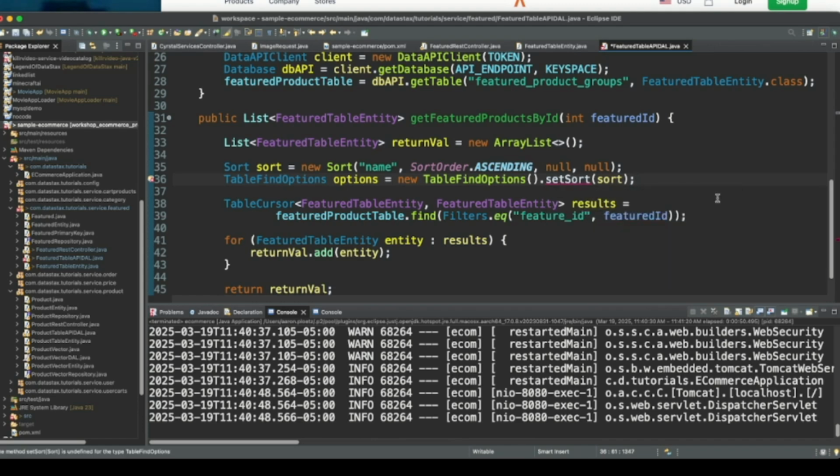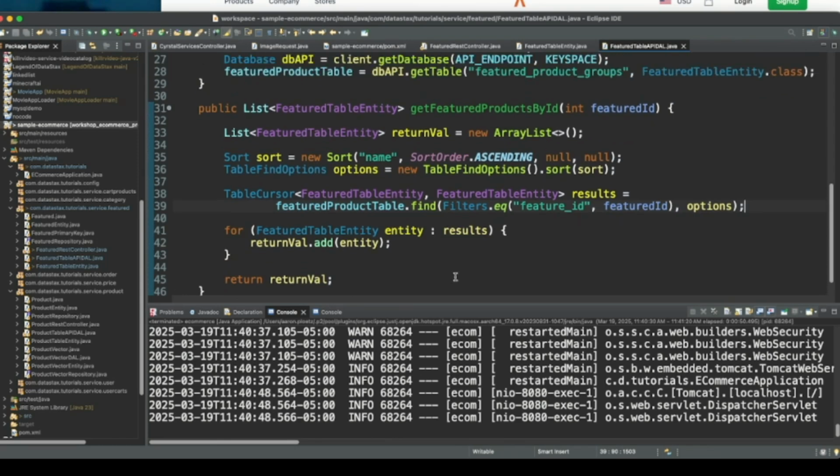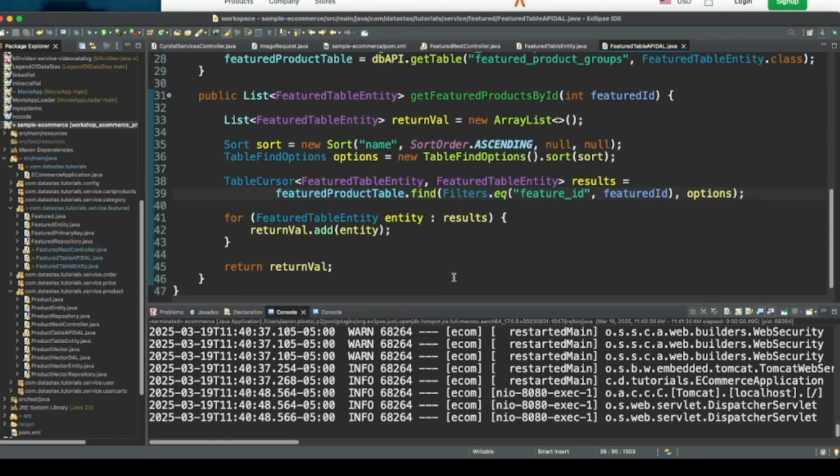Oh, and this is actually just sort, not set sort. There we go. Okay, and then the only other change that I need to make here is right here after the filter. I'm just going to pass our table options like that. Okay, let's go ahead and give this a shot.